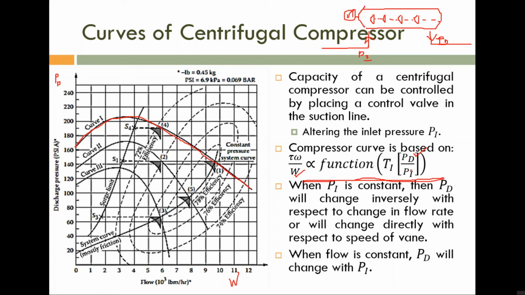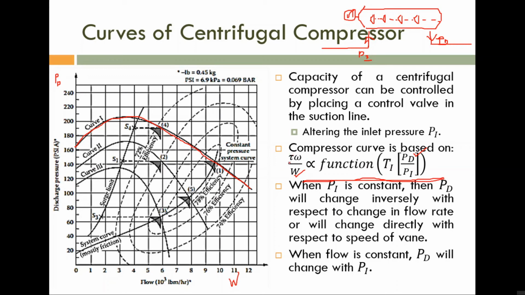So based on that, if you are increasing Pi, definitely PD will increase. Please note, if all other factors are constant, then PD is directly proportional to Pi. What about other factors? Here you can see that if you are increasing speed and torque, definitely PD will increase, right? If you are increasing speed of rotation or torque, then it will increase, but that is not a linear relationship, it is a non-linear relationship due to this function.